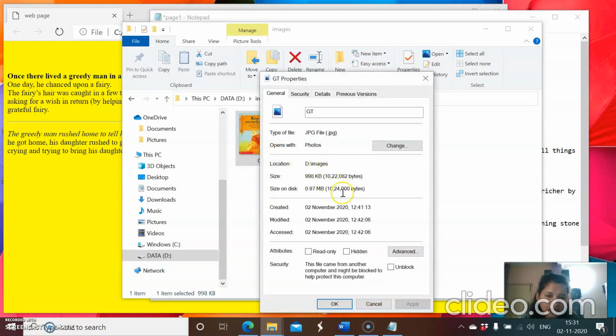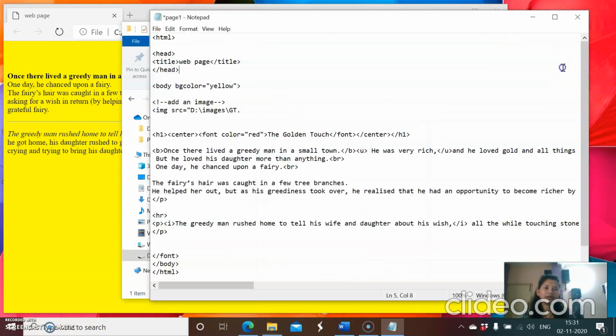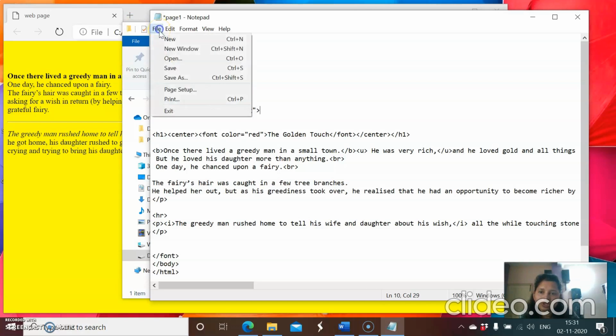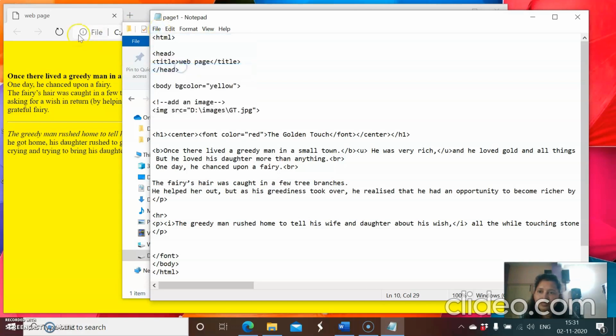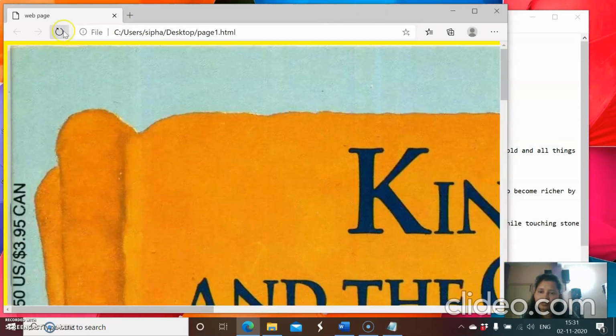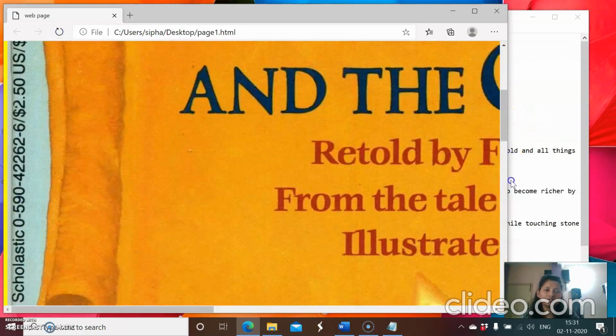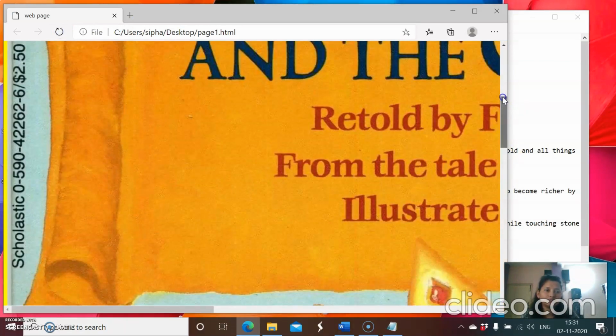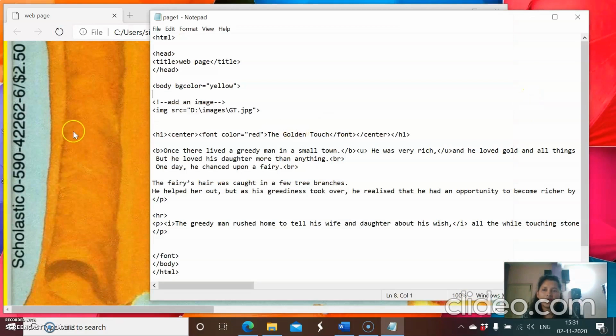It is .jpg. So I'll write the extension .jpg and close the inverted commas and close the tag. Okay, so I'll show you what will happen. Save and refresh, and you can see the image is visible now here in the web page, but it's too large.